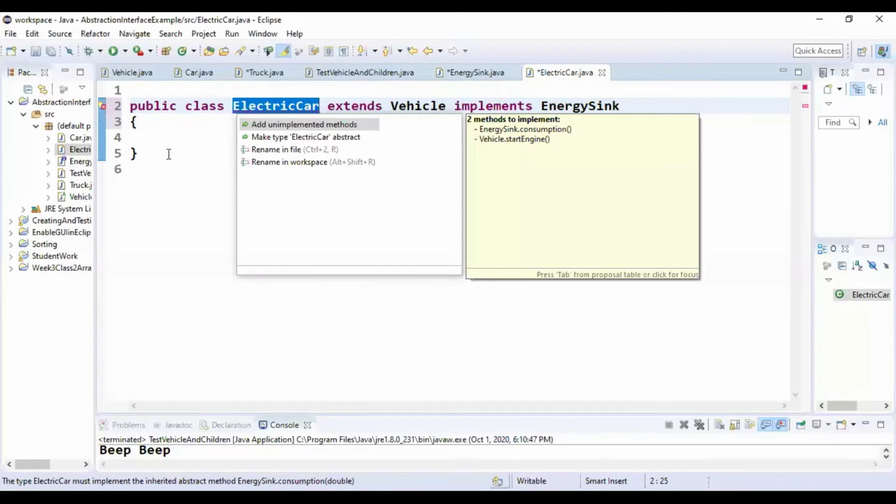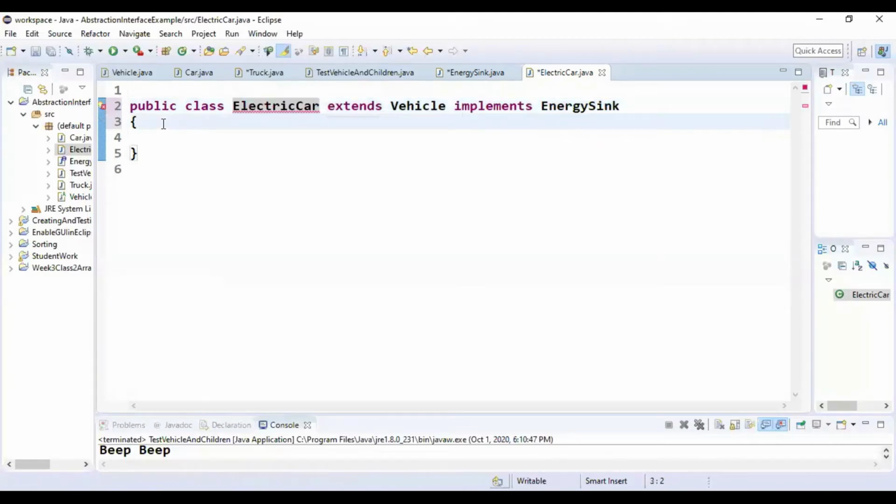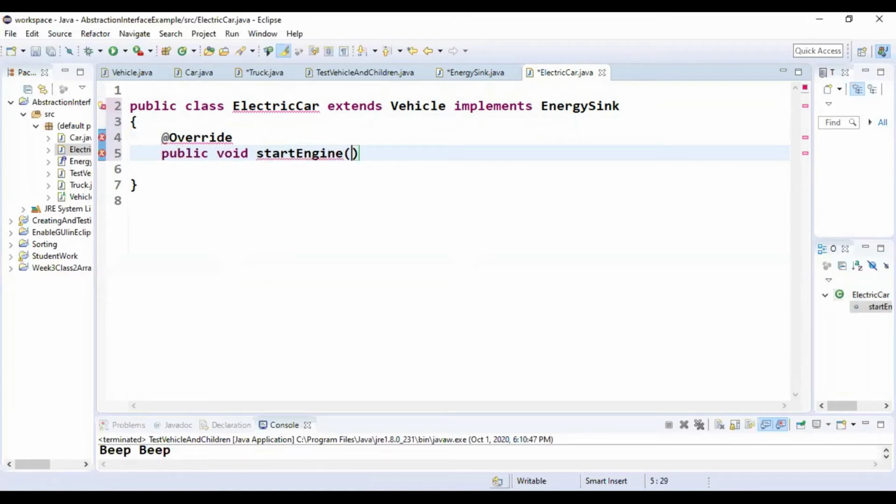The first one I'll do is startEngine. It doesn't really matter. And as I like to do, I'm going to put override in here. This will be public void startEngine. On this one, I'll keep it fairly simple. All of them have been simple. I'm just going to say turn key. Okay, that's it. And some of them you don't even have to do that. So sys out,